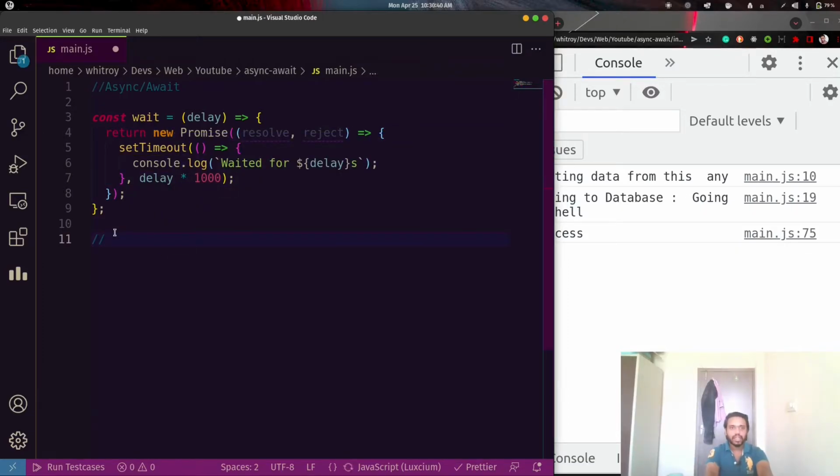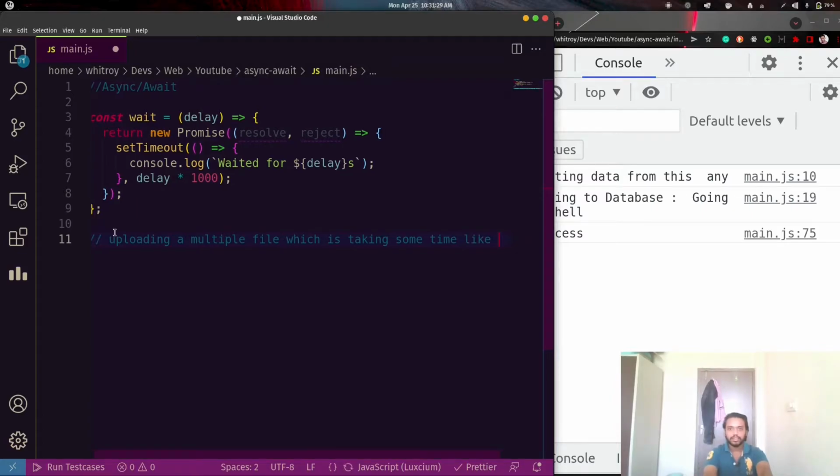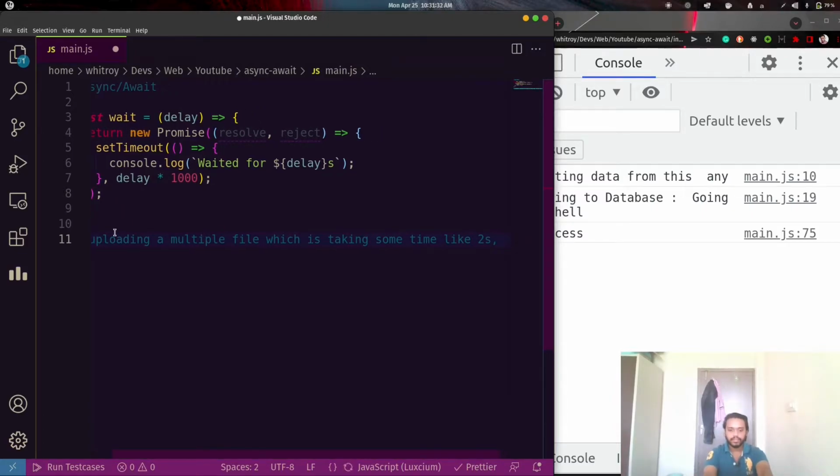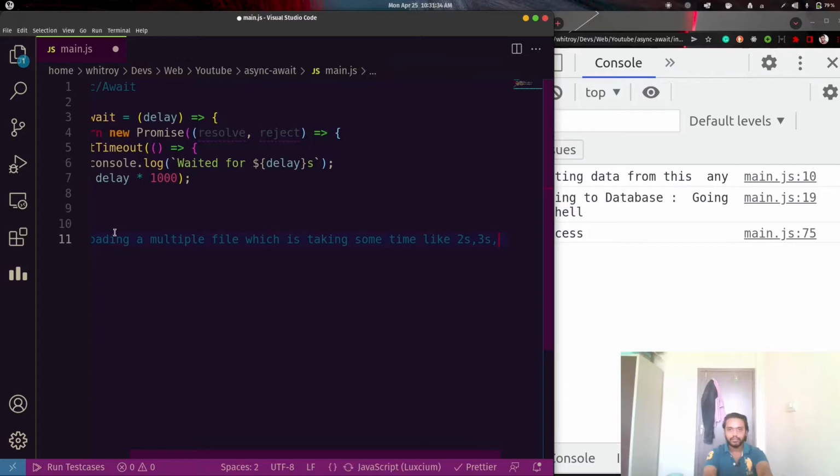Now we take an example where we are uploading multiple files which take some time, like 2 seconds, 3 seconds and 1 second.